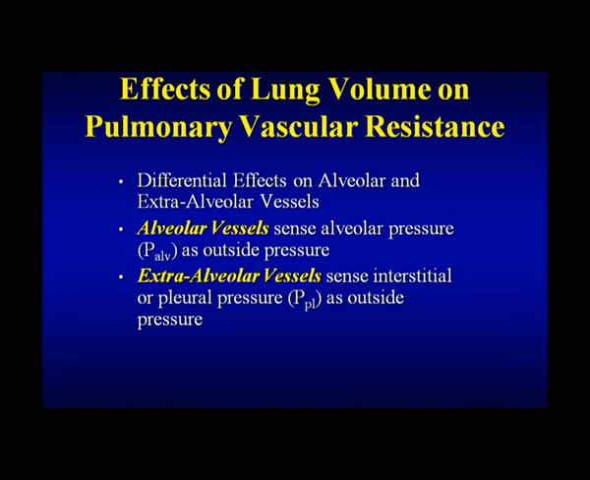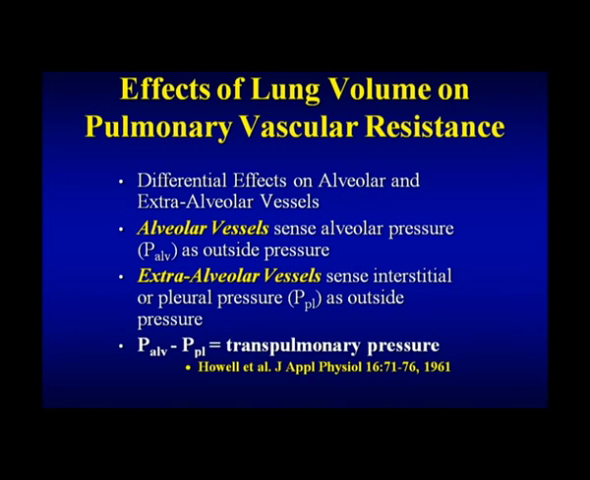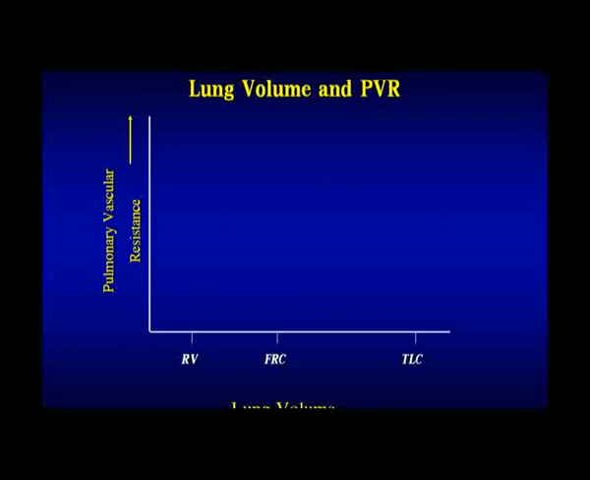And the difference between alveolar and pleural pressure is the transpulmonary pressure. It's the distending pressure of the lung. Thus, as your lungs get bigger, the transpulmonary pressure gets bigger. Okay. And so when we look at pulmonary vascular resistance versus lung volume, we see that at FRC, our resistance